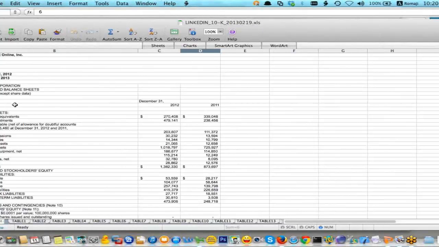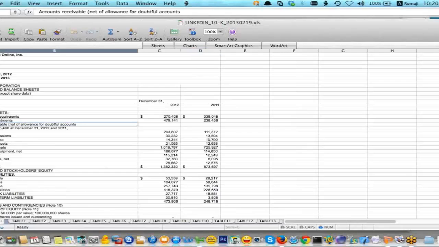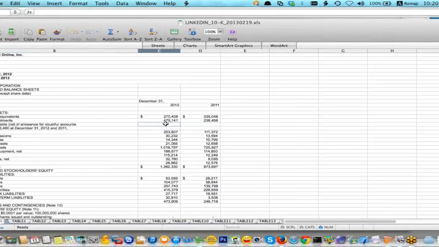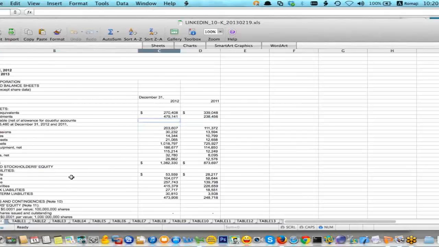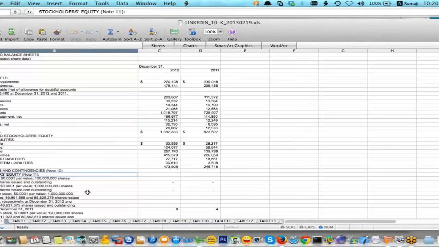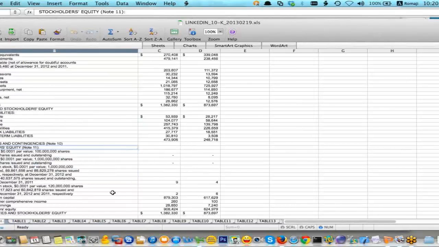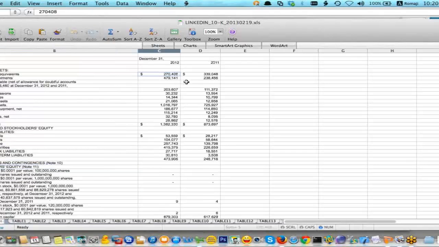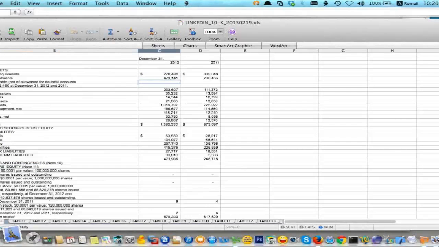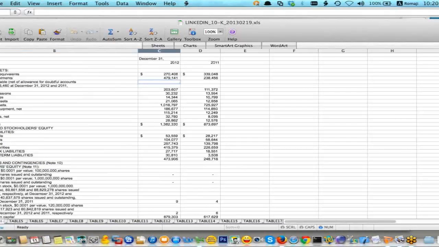Now what we see here is a whole series of assets. Some of them, like this one here, the accounts receivable, has notes under it talking about various things, and so we see that there are some blank cells here. We also go down, we see some information about stockholder equity and how they're dealing with stock and things like that. We also see cash flow, we see accounts receivable,